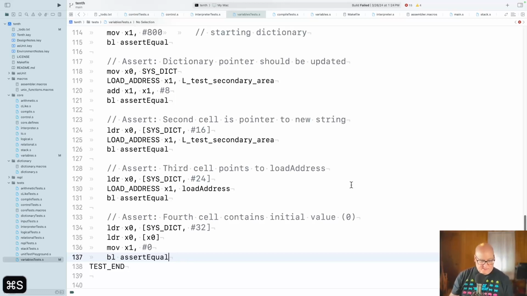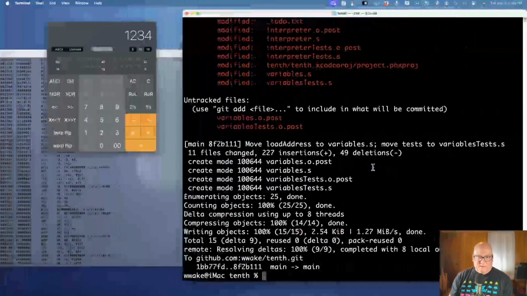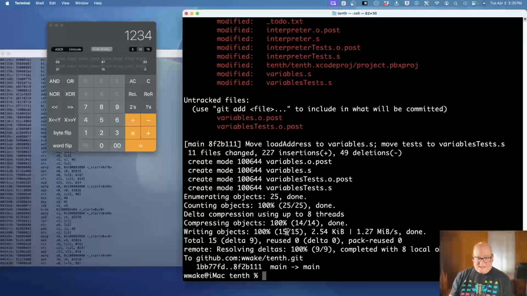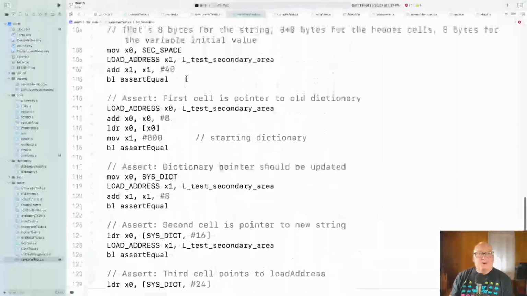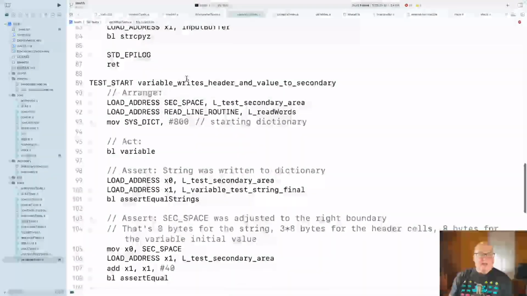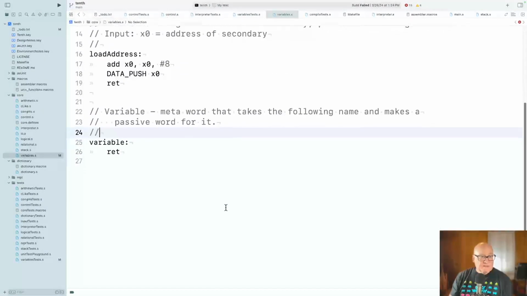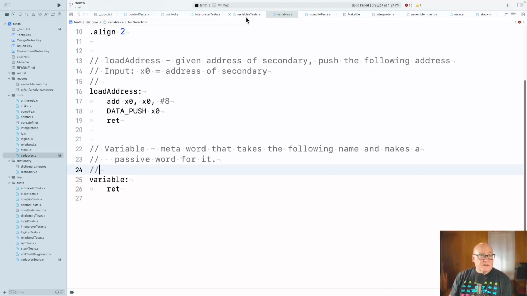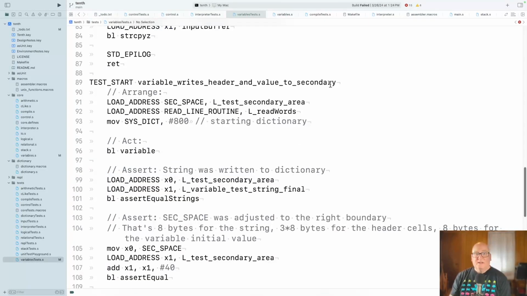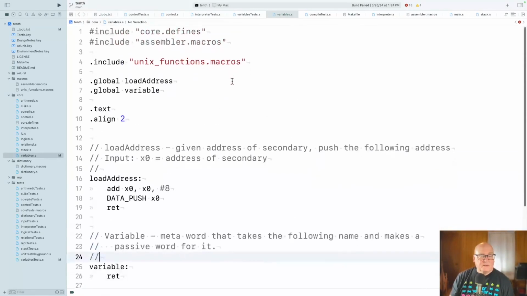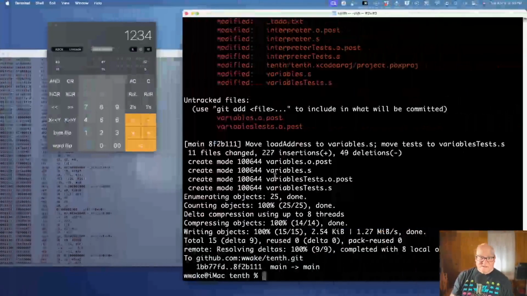Now, this should hopefully not pass. It shouldn't pass, but hopefully it doesn't just blow completely apart. But even if it does, we kind of know why. So, all right, now where's variables? All right, get that in here. And then did I call load address? I need to call variable. Okay, I did. All right. Did I make that global? Yes. All right, so make,